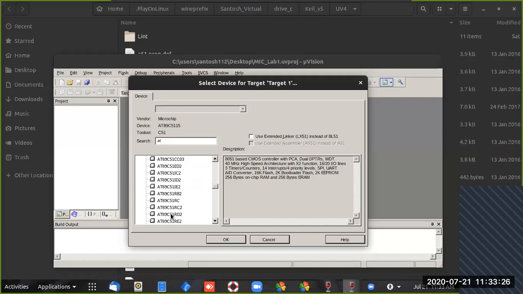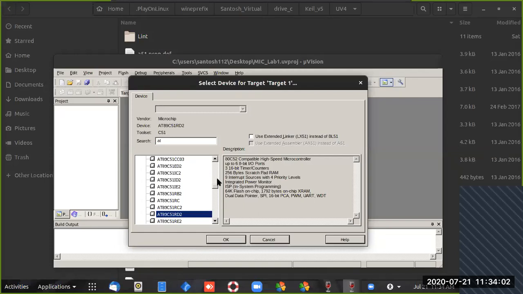So here it is. As soon as you select that particular chip, read the description carefully. This description is related to that particular microcontroller IC. Now I am selecting 89C51RD2. That IC gives a compatible high-speed microcontroller with up to 8-bit IO ports. Generally, we are studying IC 89C51, which has only 4 IO ports. So 89C51RD2.